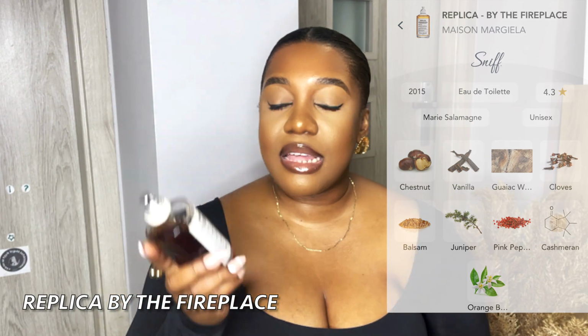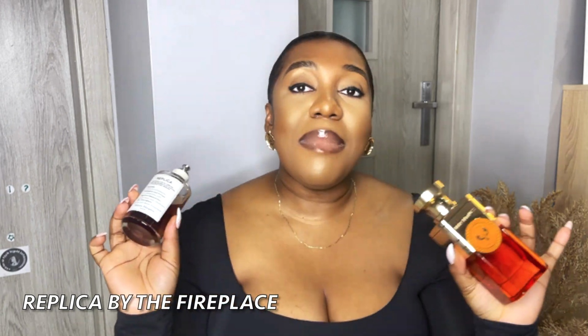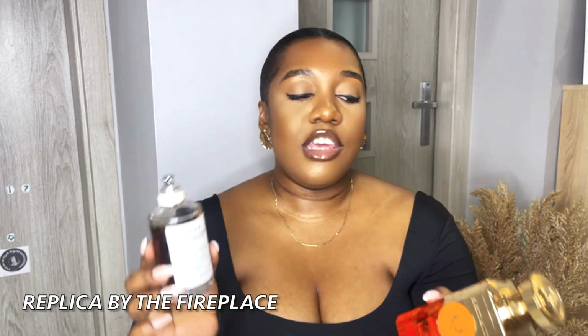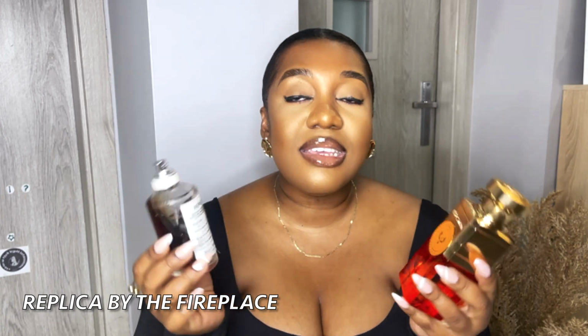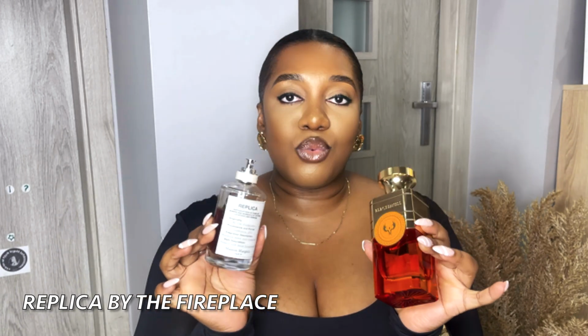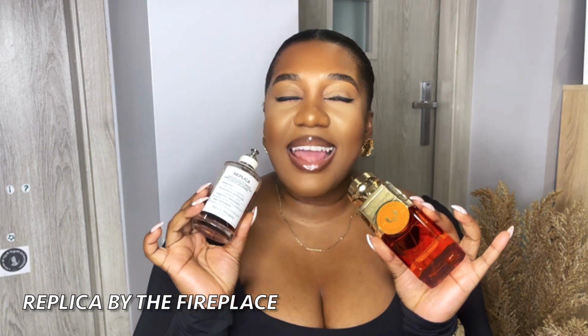I love to layer this with this Spice Diano and By the Fireplace, a match made in heaven. I'm telling you, a match made in heaven. If you have this too, or if you have a sample of this and you have this, please try both of them together and let me know what you think. These are two stunning fragrances. I mean, the combination is just out of this world. You can definitely smell both of them, but they complement each other so well, and I love how it plays